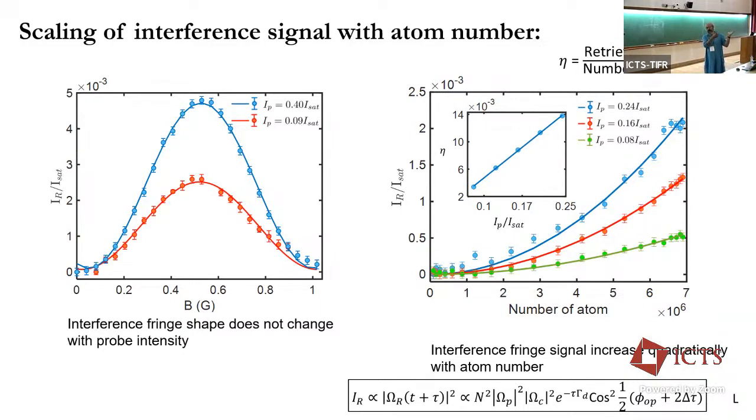But it turns out, as I already gave that argument, that this is not the right way of thinking. It was a very simple, silly mistake. One should really think in terms of the recovery efficiency, because what is sensing are the number of atoms. So one should not think from the beginning to the end, but start from the atoms already stored, when they start sensing. And then the question is, out of the number of sensors, how many you actually convert back to photons? It takes me 30 seconds to say this, but it took us 6-7 months, or even more, to understand this simple fact. But if you look at the recovery efficiency, that scaling is linear.